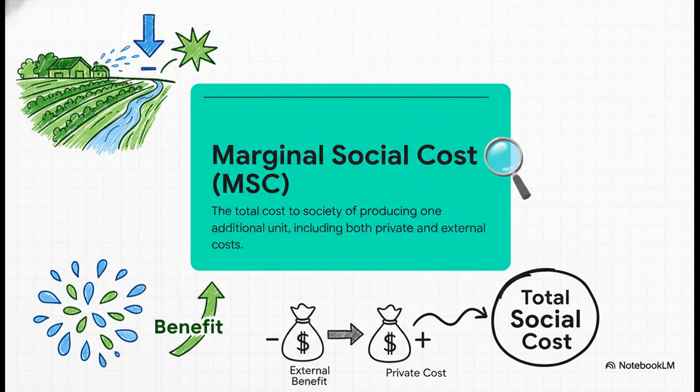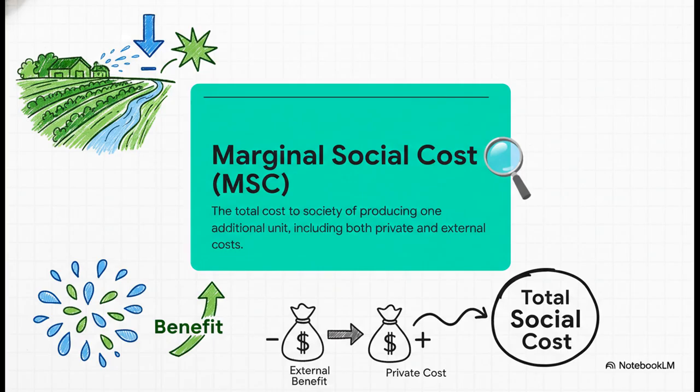Next is the marginal social cost, or MSC. This curve represents the total cost to society. Now, because this production process creates an external benefit, like cooler air, for example, we can think of that benefit as a sort of negative cost. It effectively subtracts from the private cost, which means the total cost to society is actually less than the cost